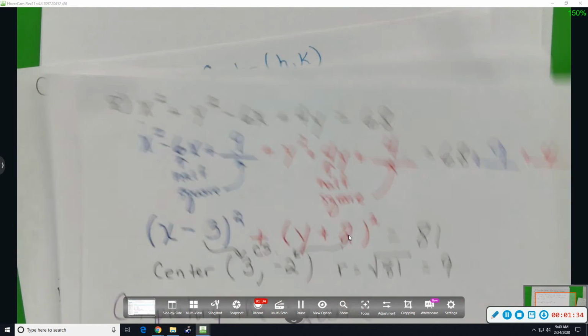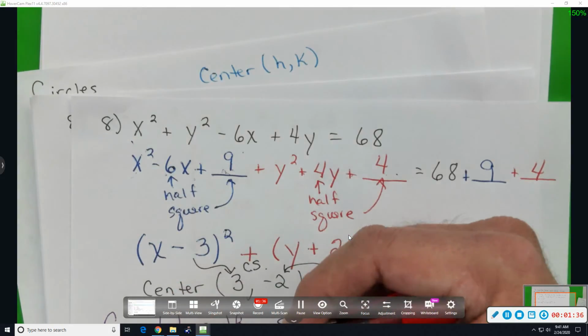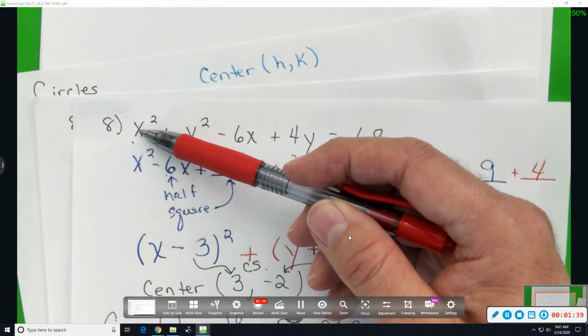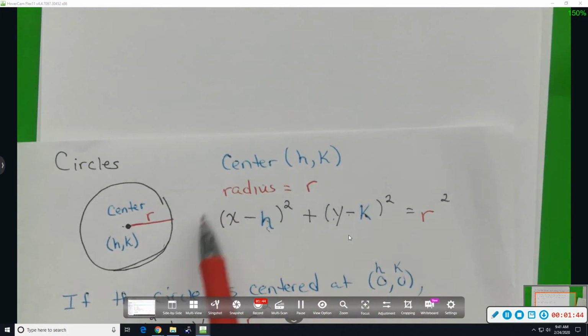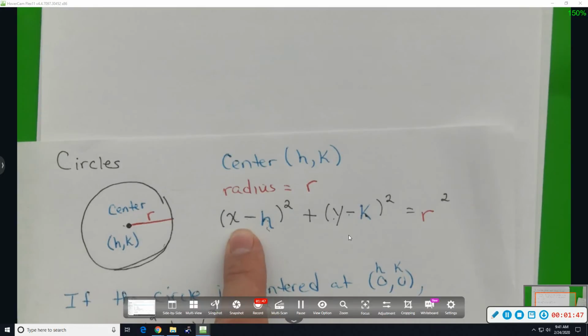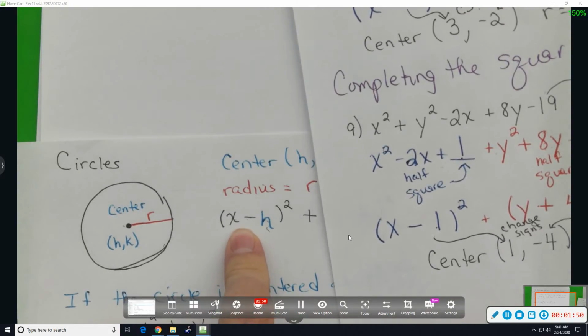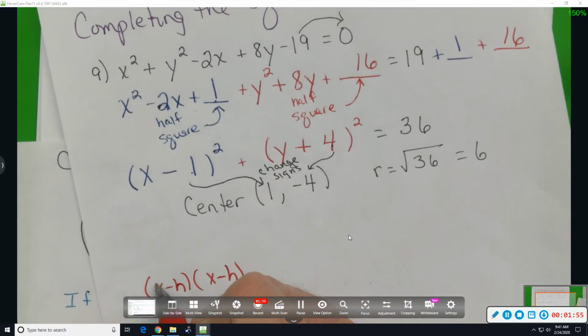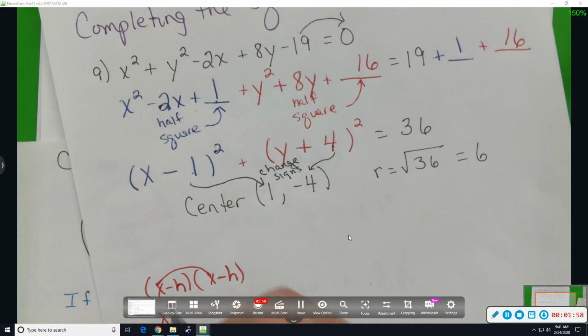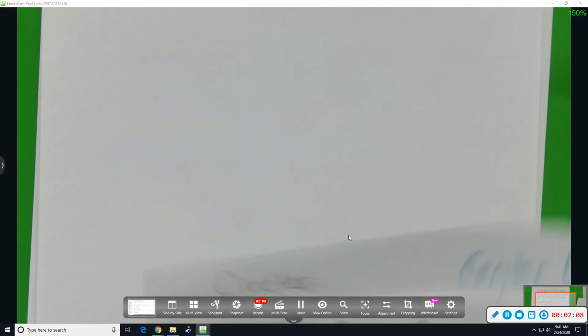I wanted to make some observations that this first number here in front of the x squared should always be a 1. And why should that be? Well, here's this equation right here. If we actually FOILed out x minus h squared, what would you get? You'd get an x squared. You're not going to get a number in front of the x squared, just an x squared. I guess there's the number 1, okay? So, on problem number 10, which is what we're going to do right now,